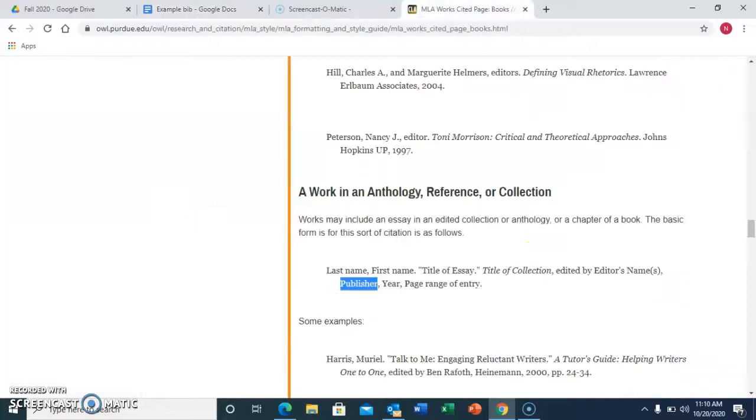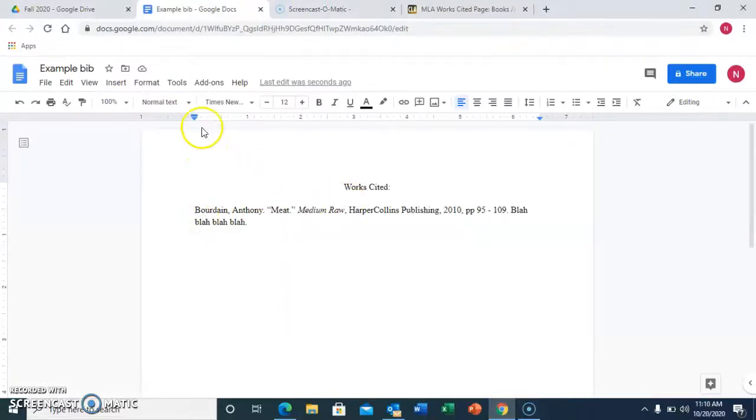One of the things that you're going to see right here is the indent is reversed from a normal paragraph, and this is pretty standard for all works cited pages. So one of the things I'm going to do, I'm going to come back here. See, if you grab this top one, it moves by itself. This is a normal paragraph indentation. You're going to want to grab this triangular one and move it to the 0.5 mark. This moves both of them. And then from there, I can move this back to the margin. So this is going to be your standard form for most works cited pages.